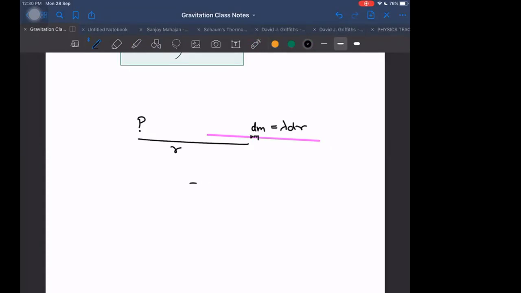Then the formula is minus G lambda dr by r. And the limit distances you can take. If we take length L, then G lambda ln r1 by r2. Do we need to take distances r1 and r2? Yes, sir. Then lambda will be given. r2 minus r1 will become the length.